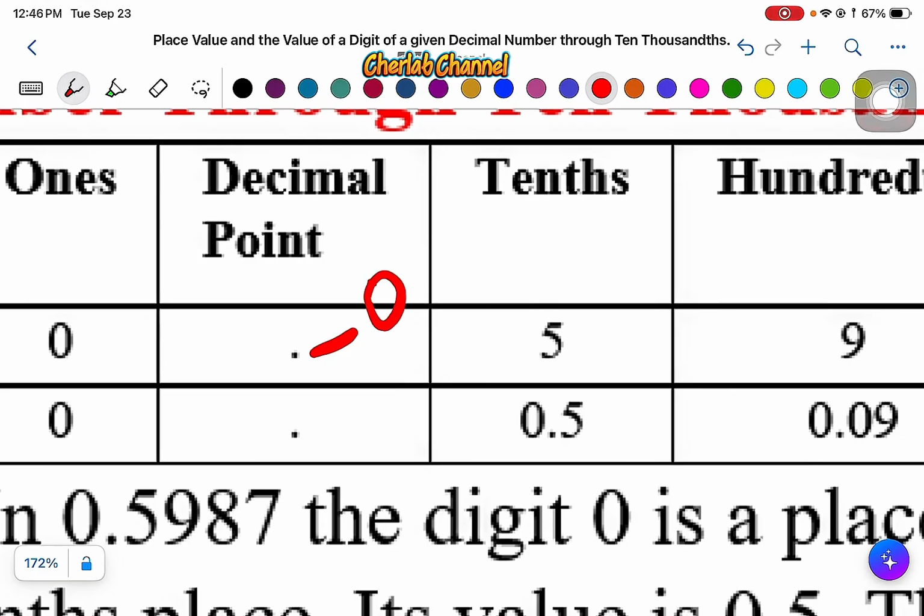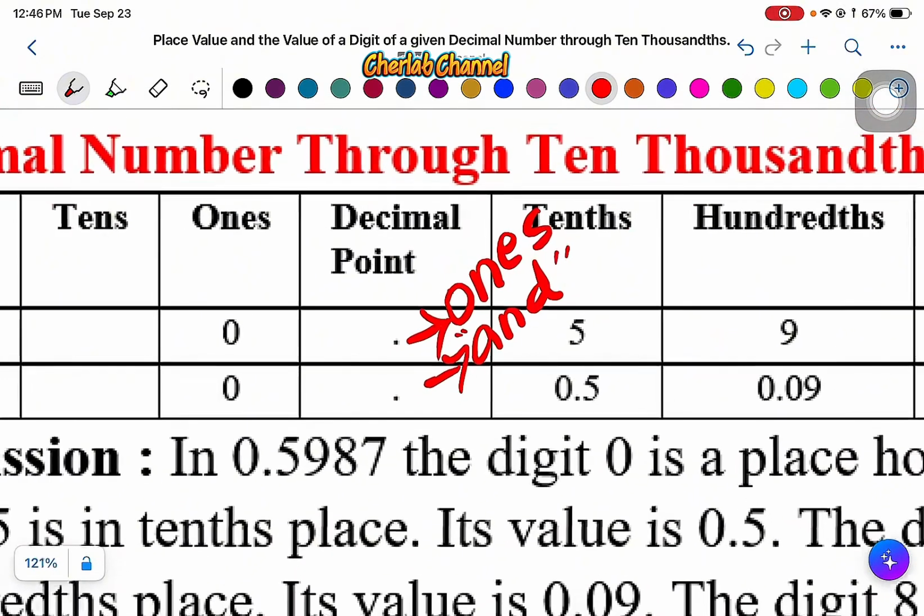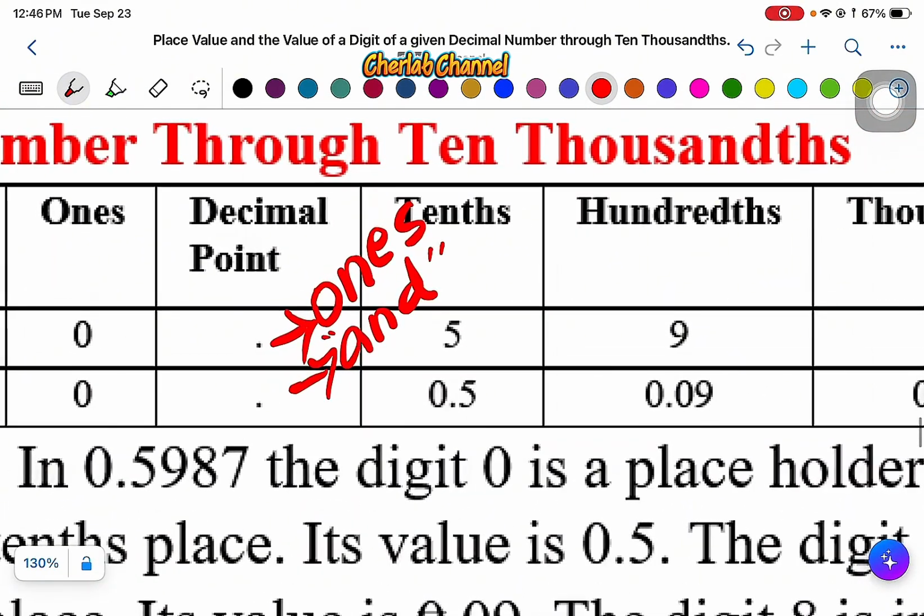The decimal point holds the ones place. Kapag papunta tayong kanan, ang decimal point, ang place value niya ay ones, and it will be read as "and". Babasahin siya bilang "and". So that would be 0 and